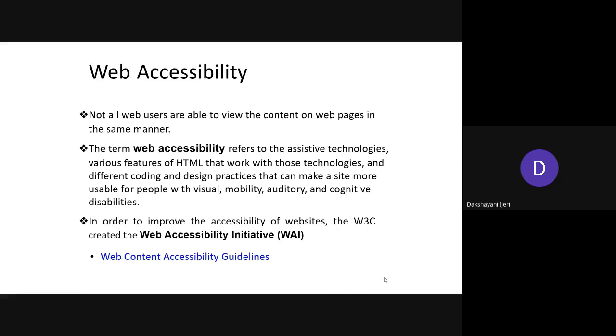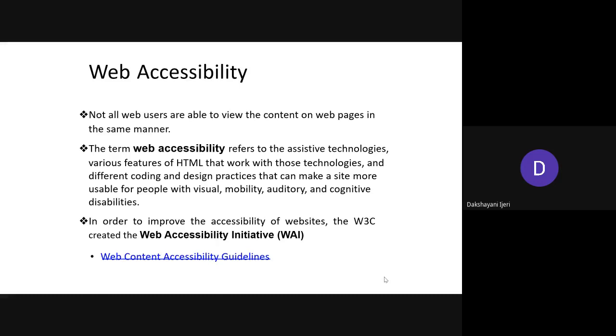Another thing, as I told you, is while creating images in your web page, if the image is not able to be displayed, you can put an alternate text message to tell what image was supposed to be uploaded in that place. In a similar way, you can think of your creativity, how best you can make your web page accessible to everyone, all kinds of users.